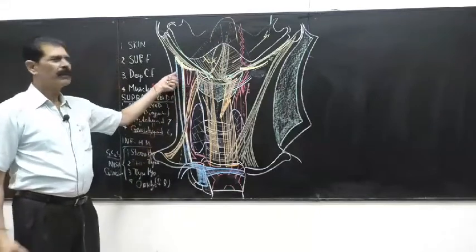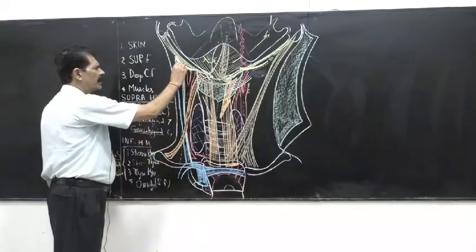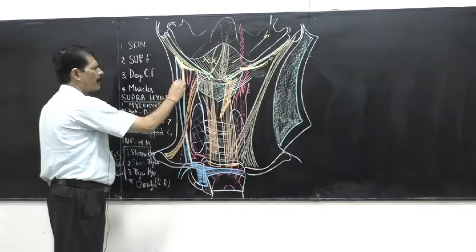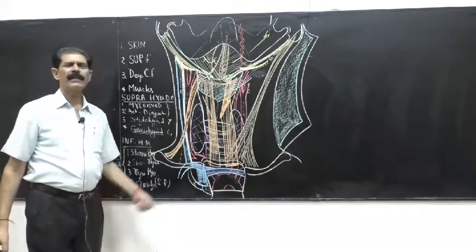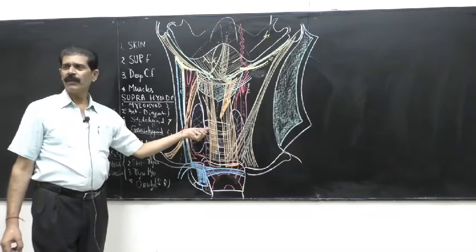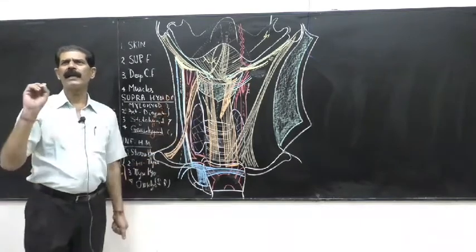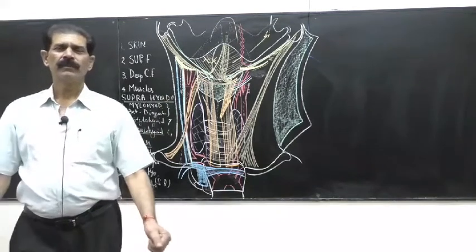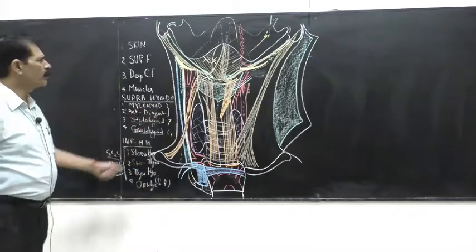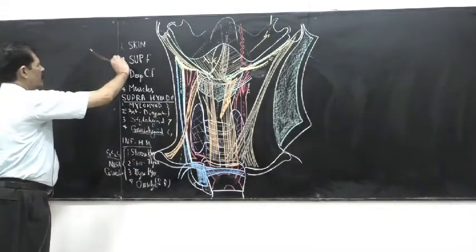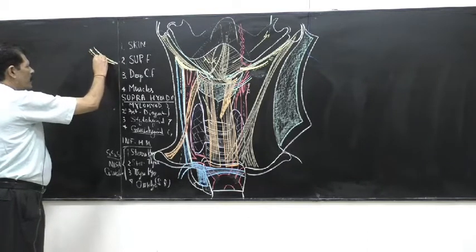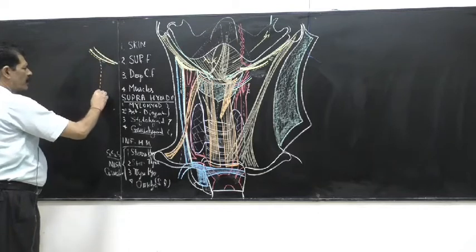You go. Then these C1 fibers leave the hypoglossal nerve and descend downward because four muscles are waiting below. When they go downward, it is labeled as descendens hypoglossi and forms the superior root of the ansa. This is the superior root of the ansa: the hypoglossal nerve and the C1 fibers accompanying it, and they come down as the superior root of the ansa.